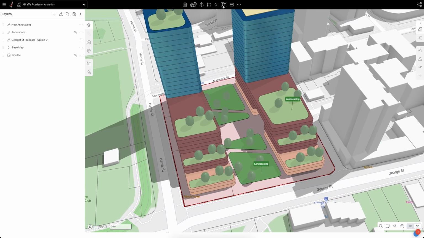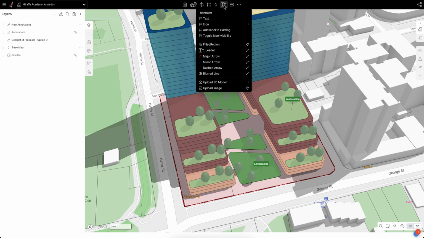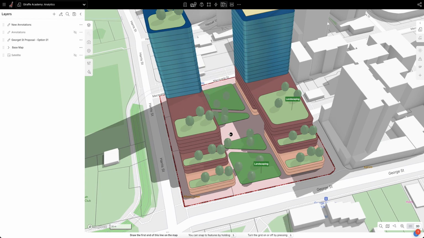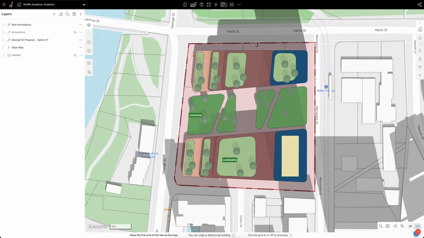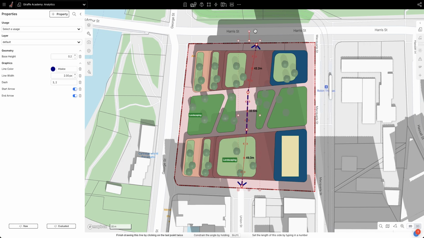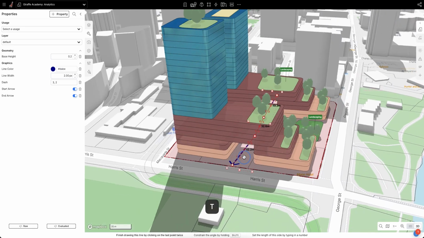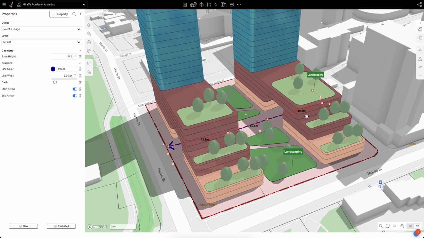And I'm going to navigate up to the Annotate tab up the top here, scroll down to dashed arrow, which is what I'm interested in. I'm going to toggle into 2D view just so I can have more control over that drawing. And I'm going to just click through and double click to finish. And now we get this arrow appear on the map that brings attention to the strategy that we're trying to